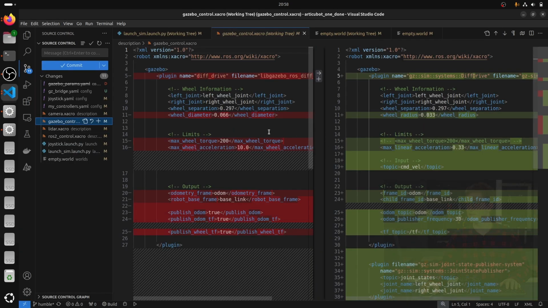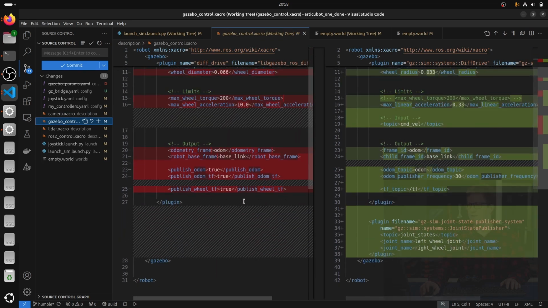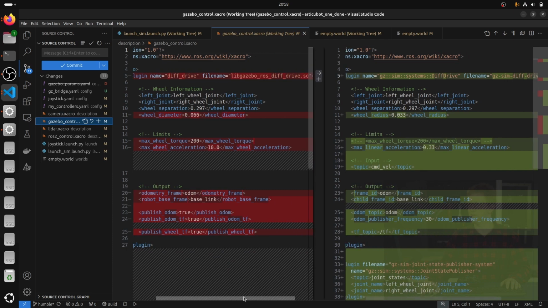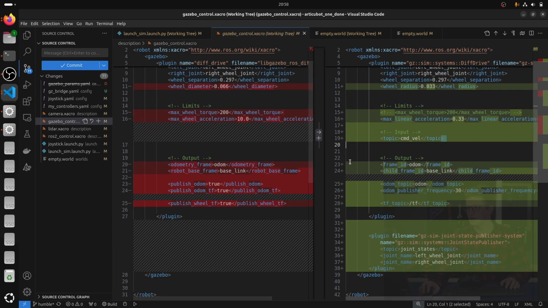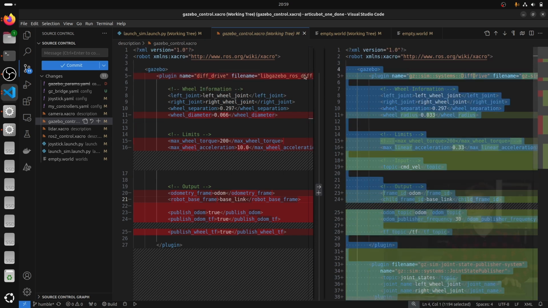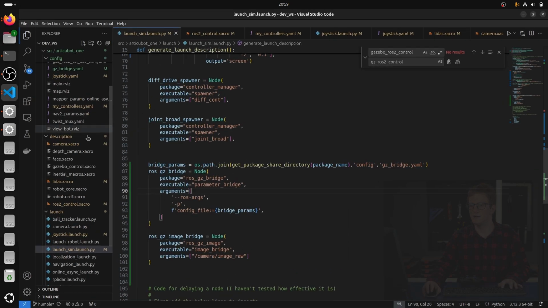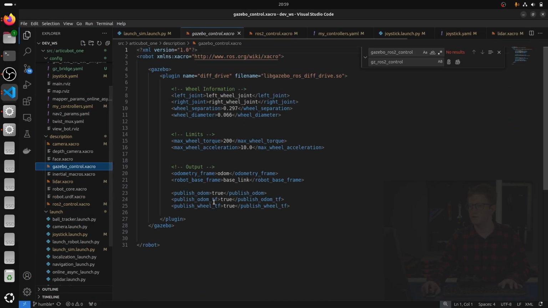So here's the Gazebo control Xacro file, and you can see here is the old version on the left. The plugin names changed, wheel diameter became radius, instead of wheel acceleration we have linear acceleration, we specify a topic, some of these names changed, and so on and so forth. The other thing that I didn't have in the original was the joint state publisher plugin, which I think I would have needed. I would have thought I'd notice if I wasn't getting joint states, but maybe it was just never working. So if we take all of this and copy that into our Gazebo control file,